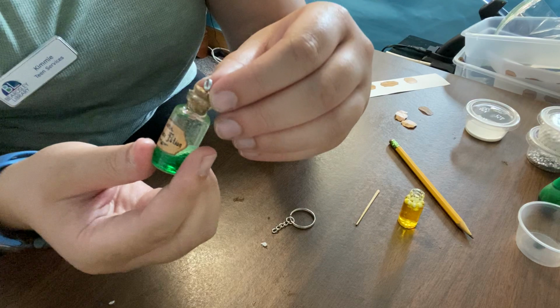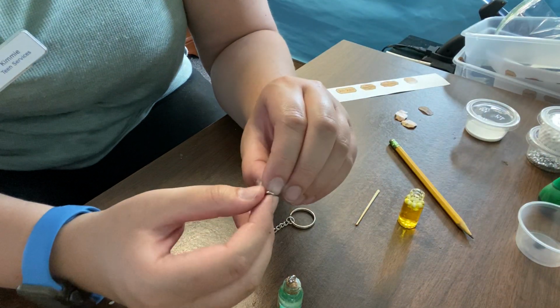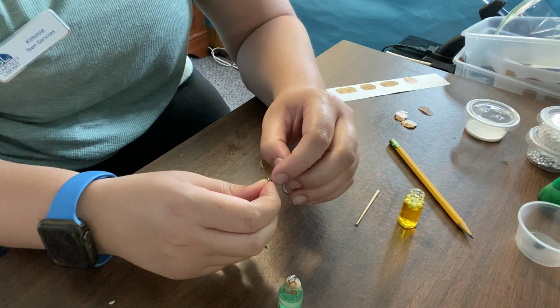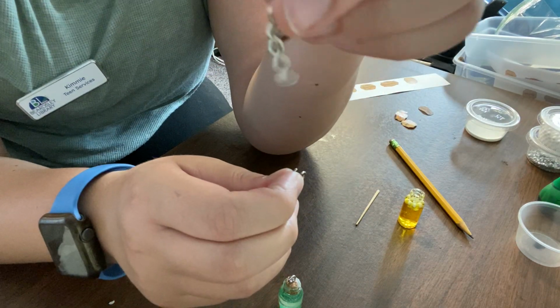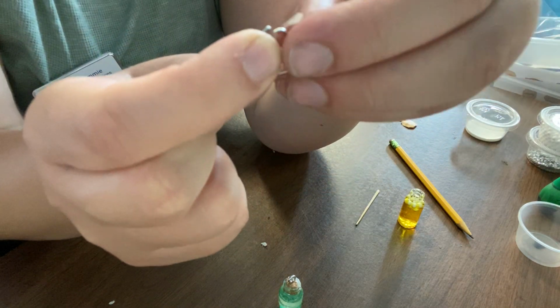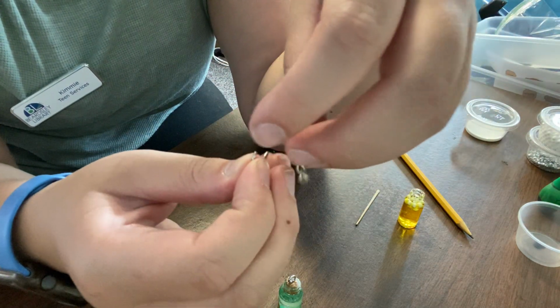So after that is on, we're gonna add our keychain part to it. I would advise you to have tweezers or a little set of pliers for this. I think I'm able to do it with my fingers. So we're gonna hook our keychain end, the last end on it, onto this circle hook that's kind of sitting alone. So we're gonna add the end of this keychain